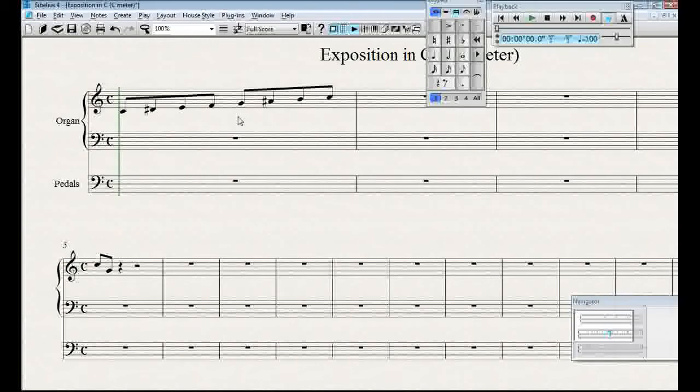A tetrachord is a sequence of four notes in stepwise motion, from C to F, and the distance between the outer notes is a perfect fourth or augmented fourth. So in this case there are two identical tetrachords, you see,